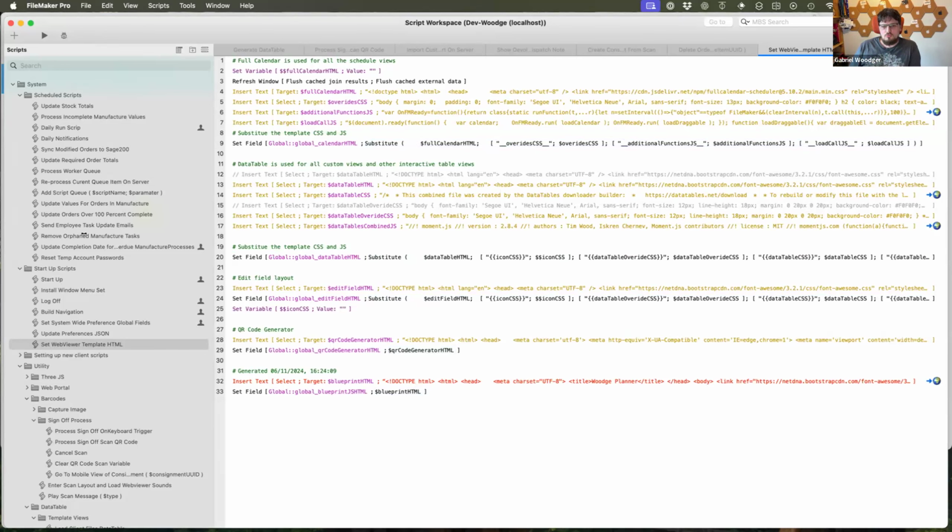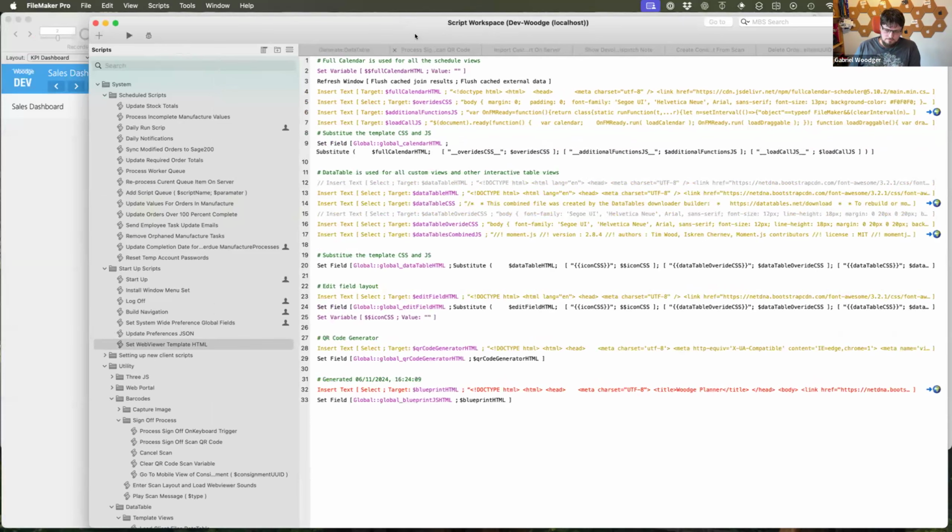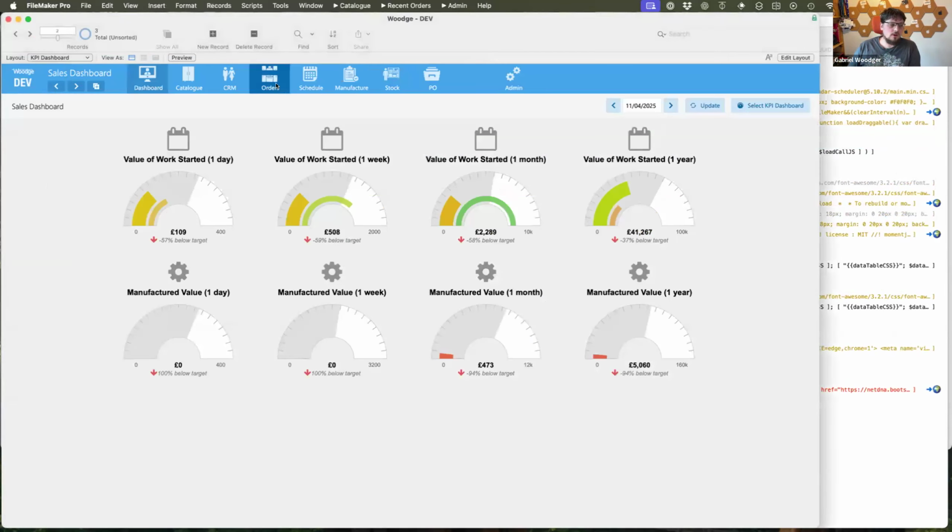So rather than loading from a field, I put them all into a global field, so that when I hit a layout, the HTML code for that particular widget type is there, and I will do either a self-booting or a substitution depending on the context to go off and get that.